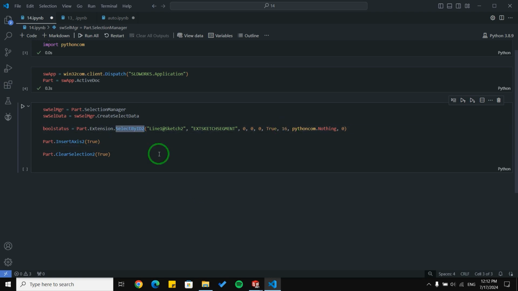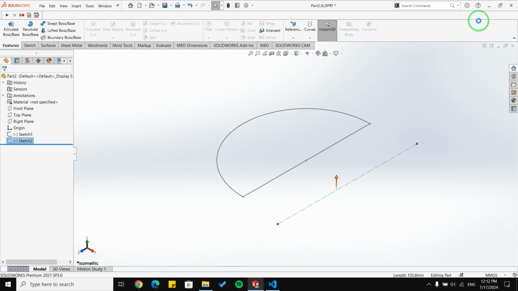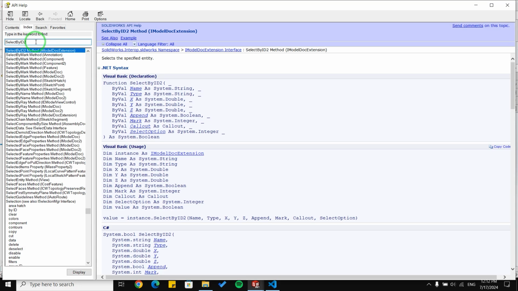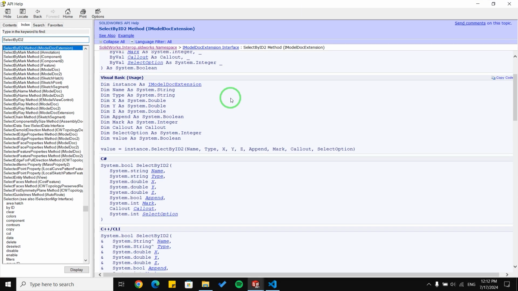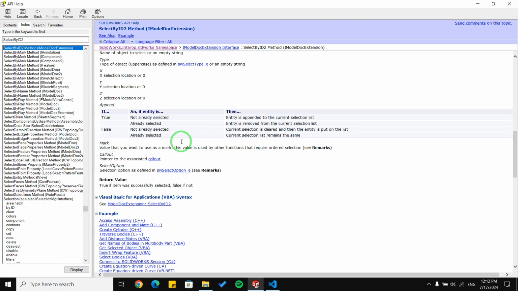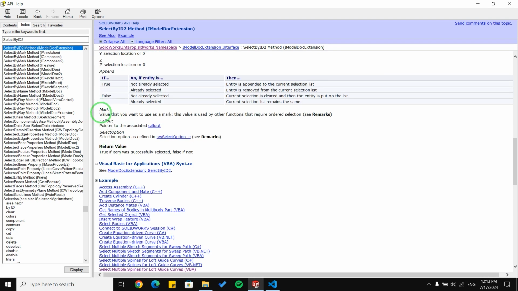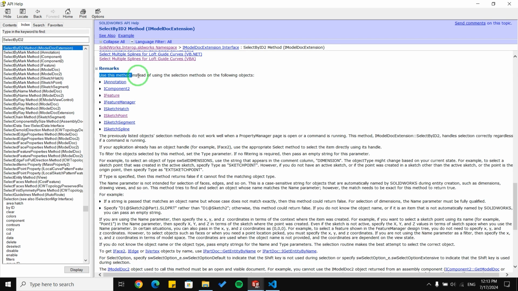Let me search for SelectByID2 in the API help and show you what I mean. As you can see, there are different arguments we need to pass, but this one, Mark, let me show you here. It says go see remarks, and here are the remarks.